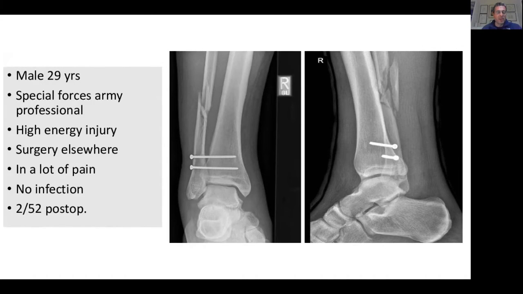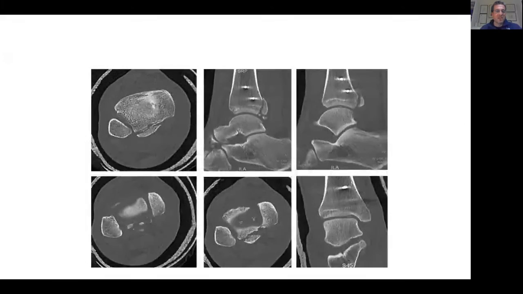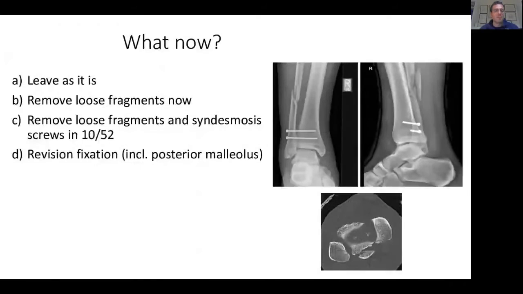I came to Frimley Park when I was working in the UK, and even he was seen by a non-foot and ankle surgeon. He said, the patient is in a lot of pain. Could you please see him? And we did the CT scan that shows, yes, these little fragments within the joint. The posterior malleolus fracture is not reduced. The fibula is not really anatomically reduced in the syndesmosis, in the incisura, and there is slight displacement of the posterior malleolus fracture. But also the fibula is short and probably malrotated.